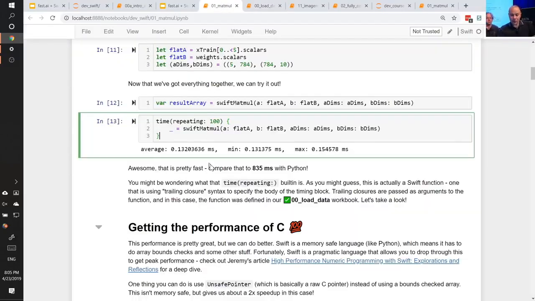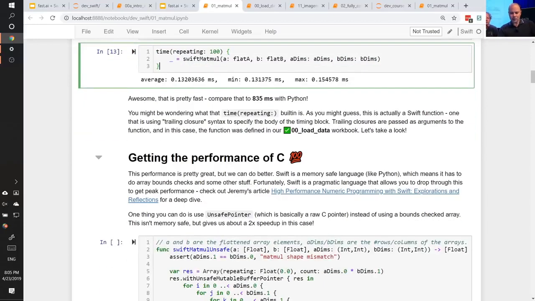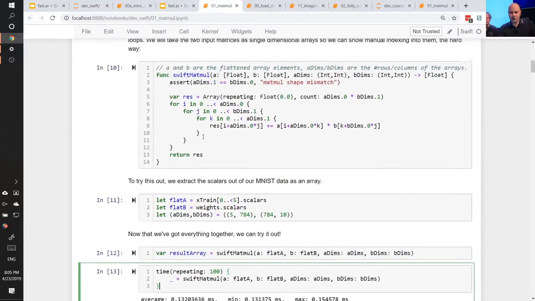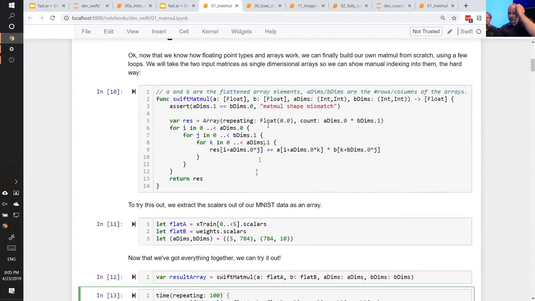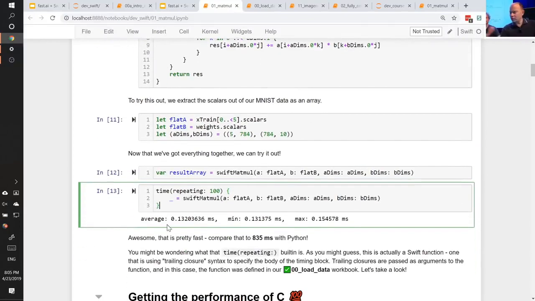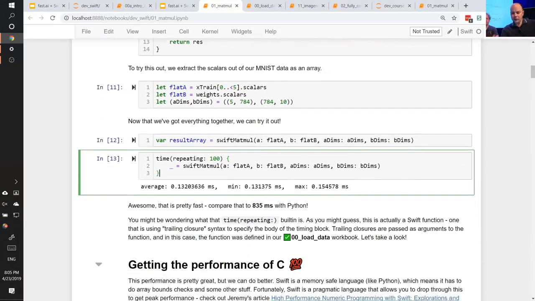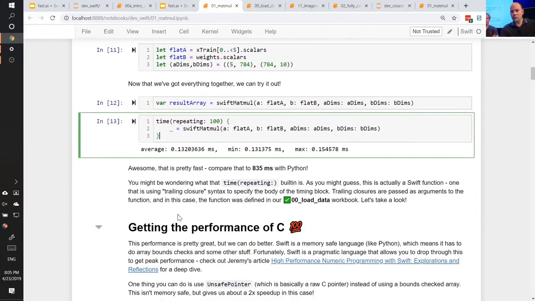So anyway, coming back to this, we showed you how to build matmul, we showed you how to build time. This matmul is working on arrays, and this is pretty fast. It's 0.13 seconds, but array in Swift is safe. Every time you index into an array, it does a check to make sure that the index you're computing is in bounds. And so this is actually doing a lot of work that you would not need to do